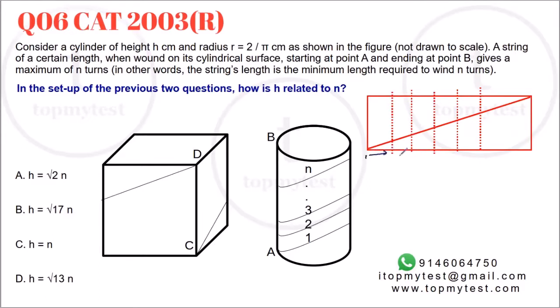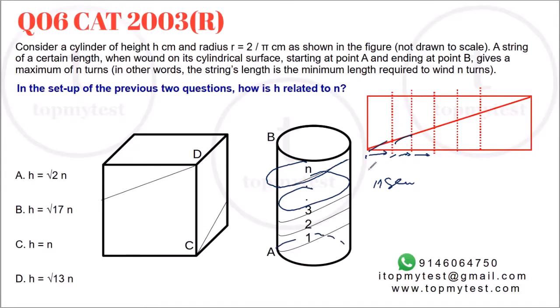Each of these portions will be the number of times. So this is one portion which is getting wound up on the cylinder. So it is getting wound up once. So this is one portion. Then the next time it will get wound up again. That will be the second portion. Then the third portion and so on. So these are n segments. Each of these bases will be the one full turn of the cylinder.